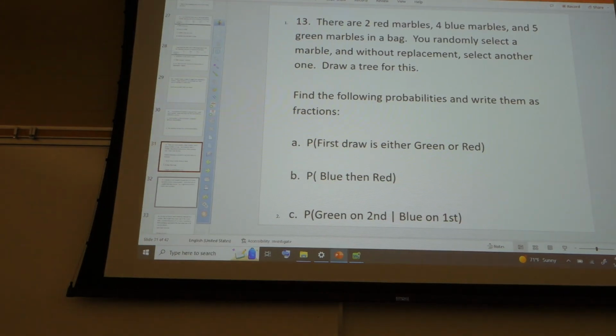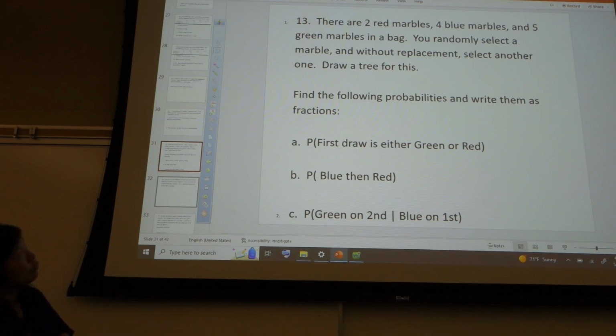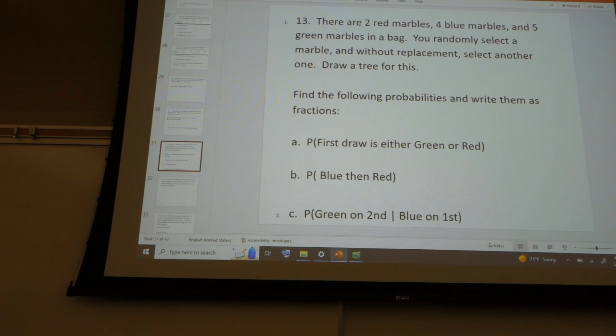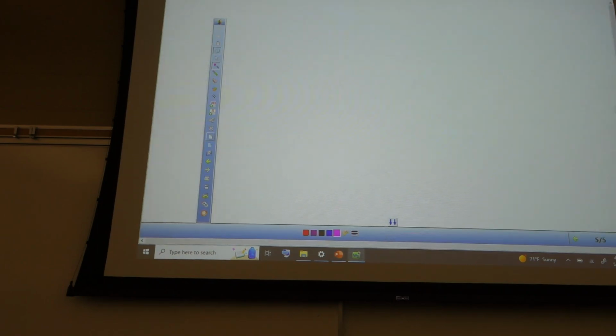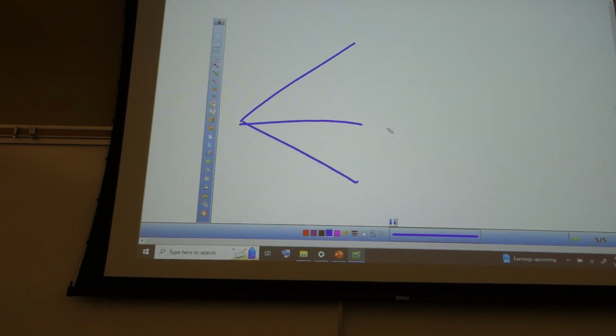So for this one, again, this is a tree, right? So draw out your tree for this, and then find these probabilities. Your tree should look something like, you've got different options here, right? Red or blue or green. Find the probability that goes on each of those, and then if you draw red, then what can you draw